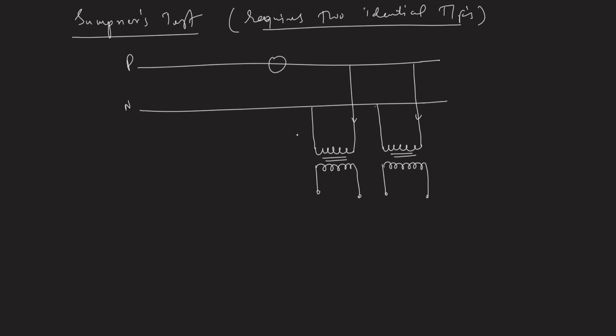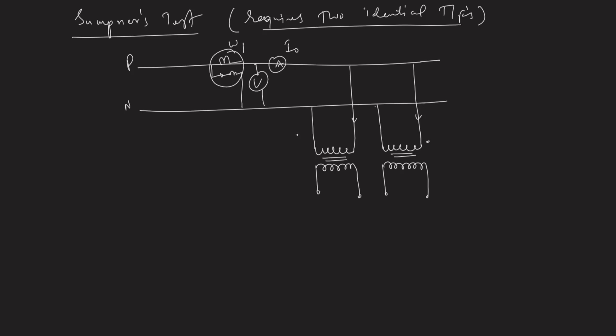So here we have the ammeter, we have the voltmeter, and we have the wattmeter to measure the wattage and voltage and amperes. So this under no load operation will give me the total no load current drawn by both these transformers, and this gives me the rated voltage applied onto both primary sides of the transformers. And this wattmeter, let me say W1, gives me the total core losses of both the transformers.